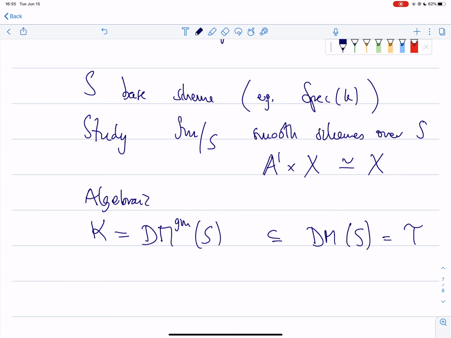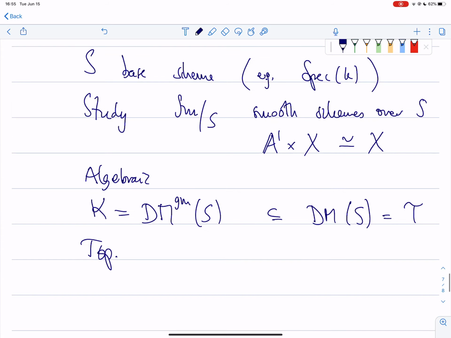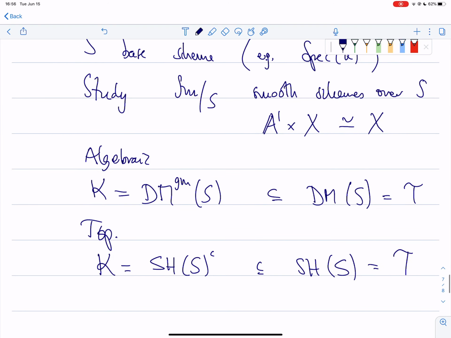And there is a topological version, let's simply write SH of S. So S is here not a group, but this base scheme, inside SH of S as a big triangulated category. This is Voevodsky's derived category of motives, or motivic derived categories,